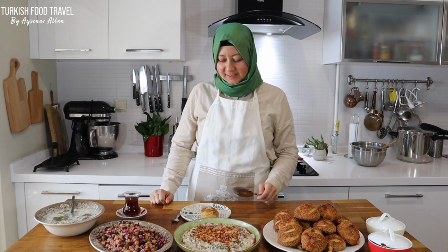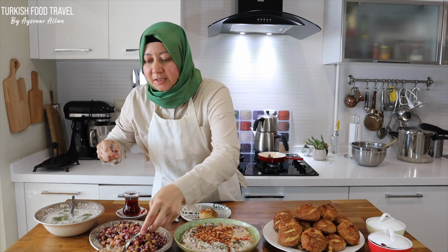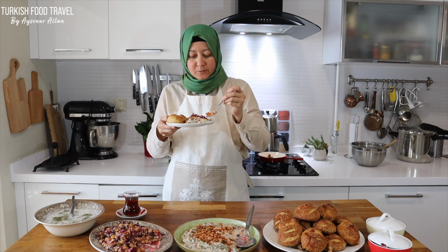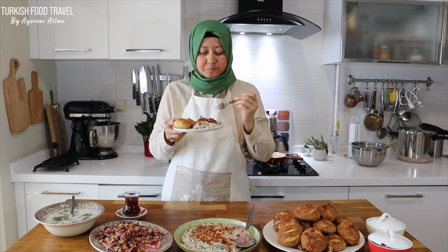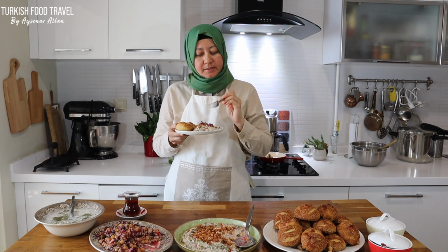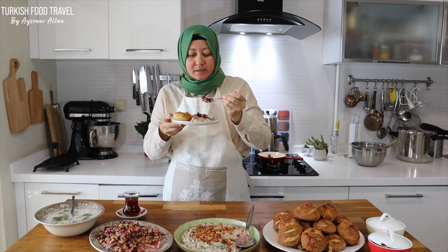Okay, my friends, I'm gonna taste from the salads. First, let me give some to my daughter. She's been waiting. She helped me a lot today. Let me taste from the one with yogurt first. Very delicious and light. Make sure to include the walnut topping. It completes it, makes it even richer. So delicious. And the next one,